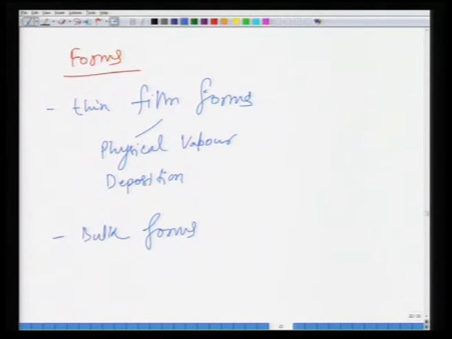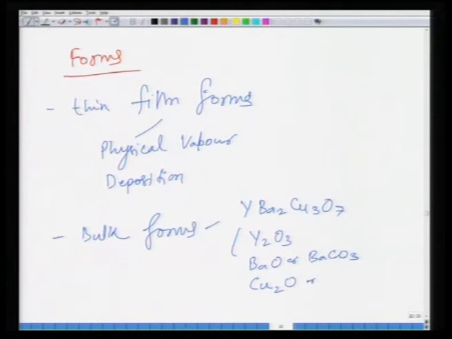if you want to make YBCO, YBa2Cu3O7, you take yttrium oxide, barium oxide or barium carbonate, and then copper oxide, Cu2O or CuO. Mix them together in stoichiometric quantities, and they react with each other at high temperatures to form the desired phase under controlled atmosphere and temperature. Similarly, thin films are made by physical vapor deposition. You can make thick films as well,